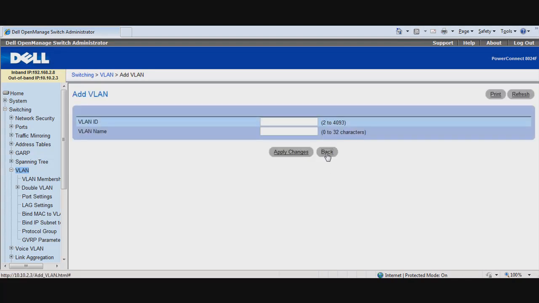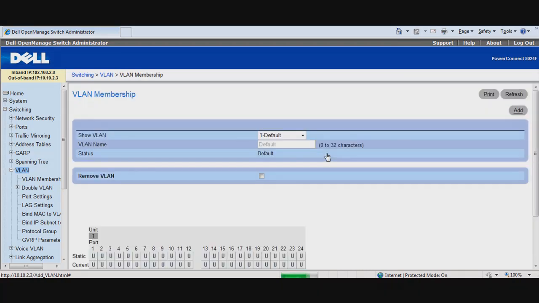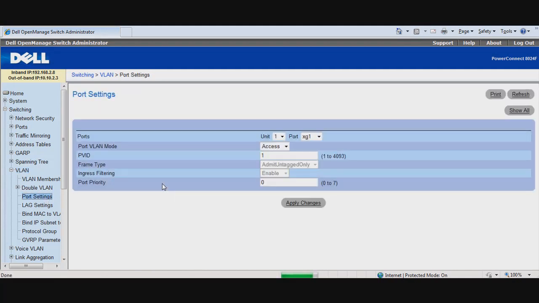Once we set up our 3 VLANs, we'll now go back to the VLAN membership page, and then we'll go to port settings. We'll go ahead and pick port 20. Set up port 20 for general mode. This will be our ports between the switch. And we'll set up the frame type for admit all frames. Once we apply changes,